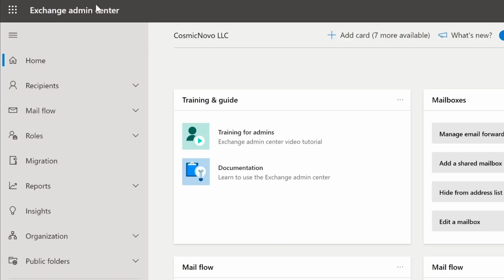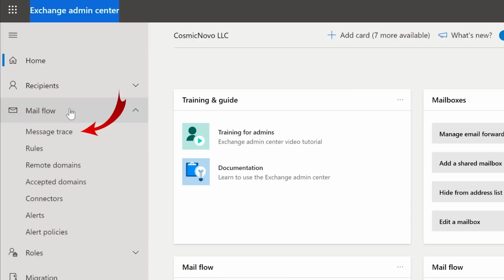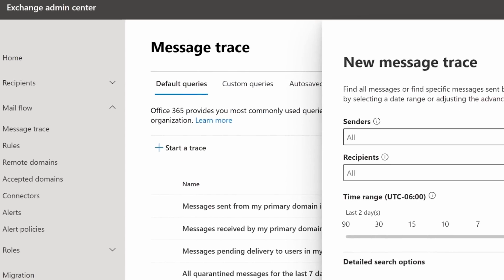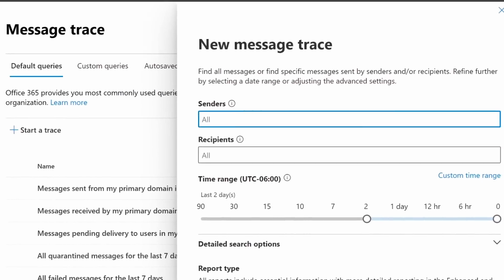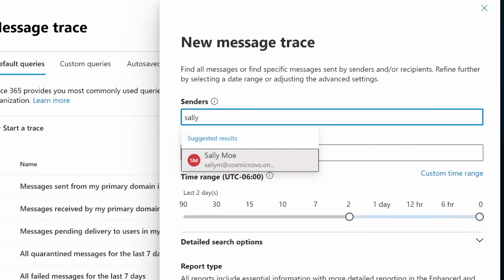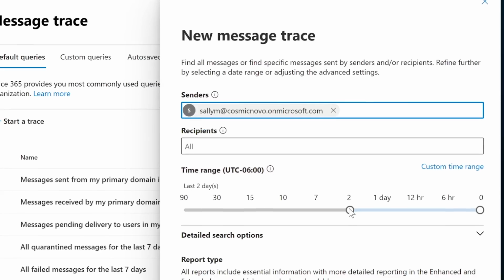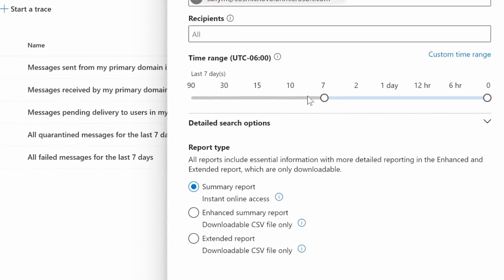We can trace those by going to the Exchange Admin Center. On the left hand side, select Mail Flow and then select Message Trace. This will allow us to trace any messages that are being sent back and forth. To do that, select Start a Trace. We can select a sender, for example, Sally Mo. We're going to keep using her as an example. And then we're going to say recipients as in all to see if any,